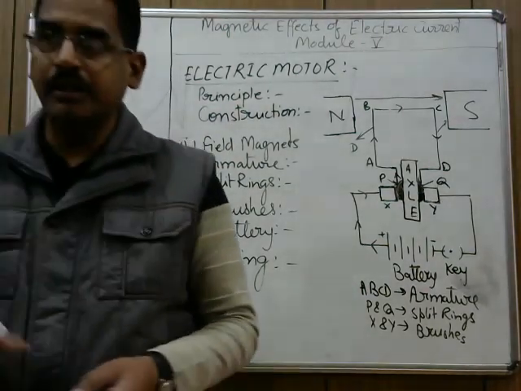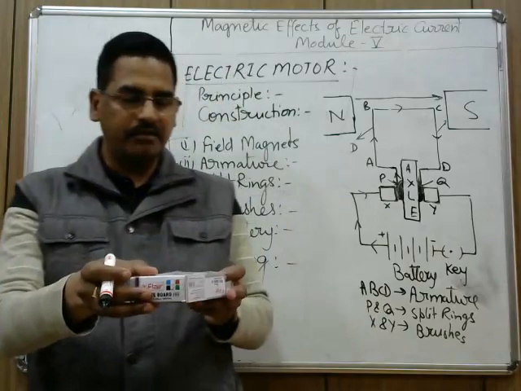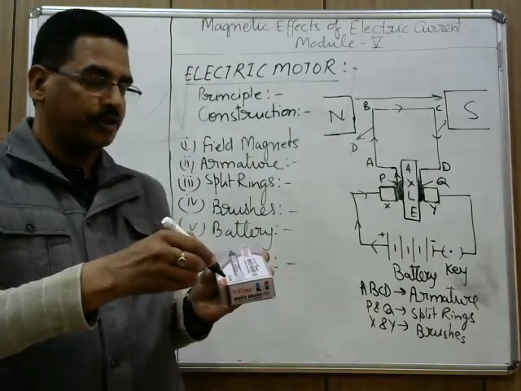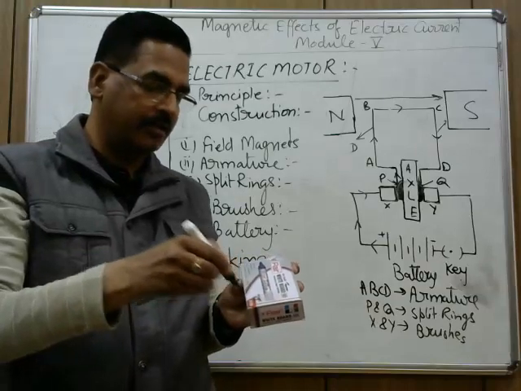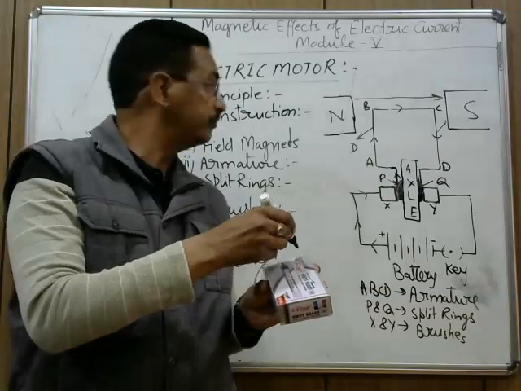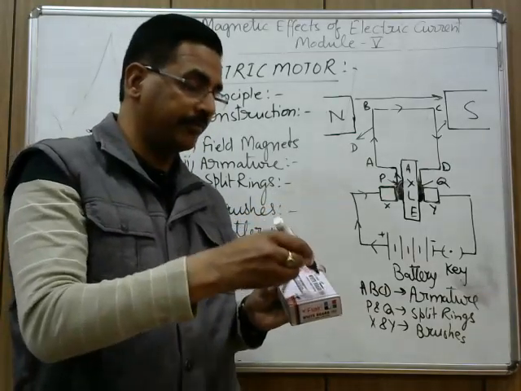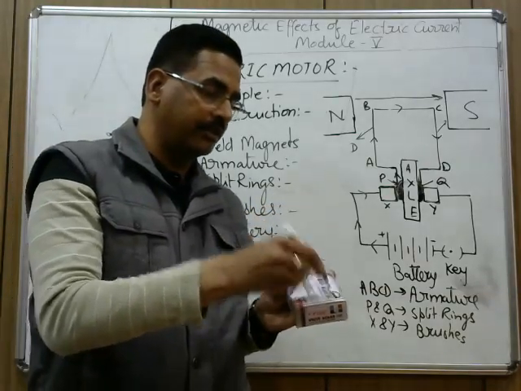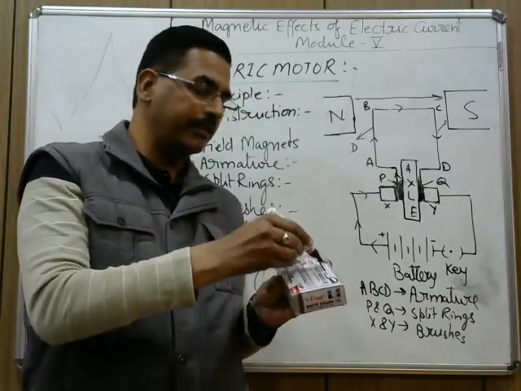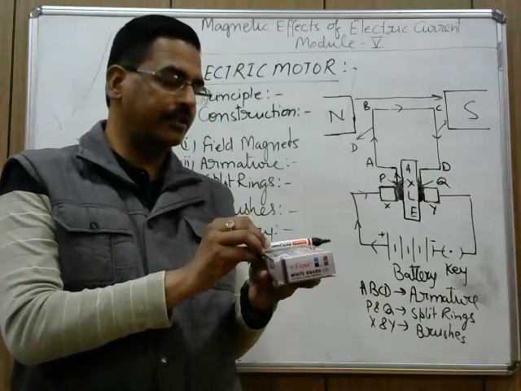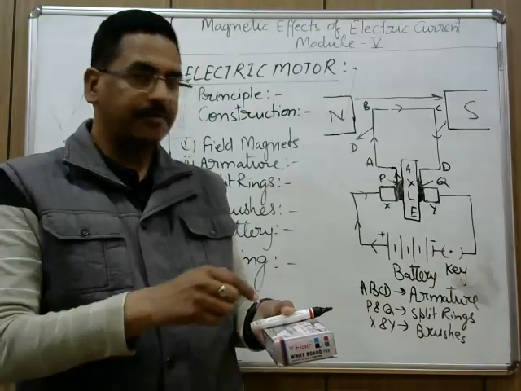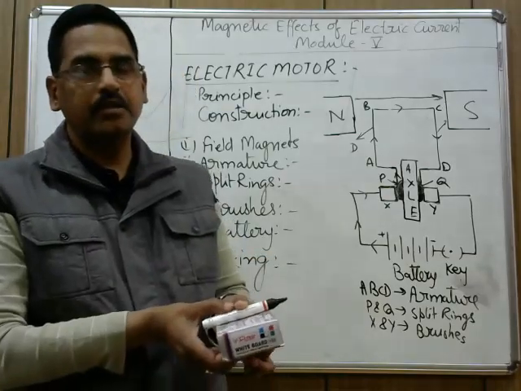If you understand the field like this, another way to make it visible, you can easily understand. Suppose this is A, this is B, this is C, and this is D. So current is flowing like this, and this is the direction of the magnetic field, from the bottom of the pen to the tip of the pen.